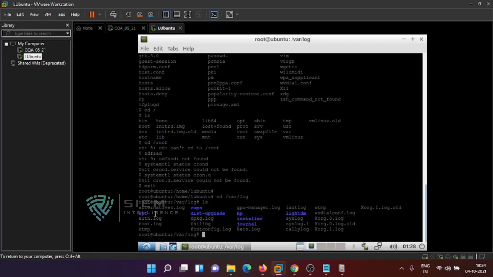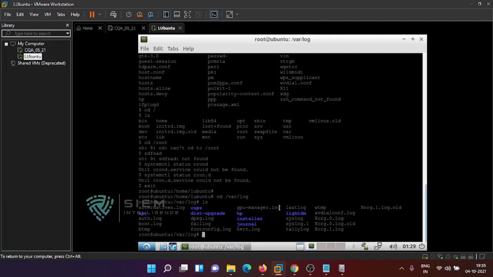Apt means installation of applications, cups means printer logs, lastlog means the last set of logs. So many logs are configured by default by this Ubuntu OS itself.